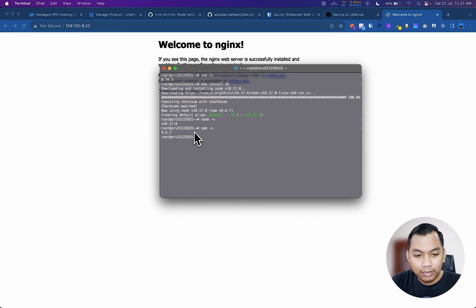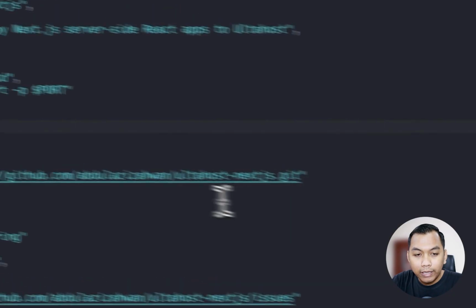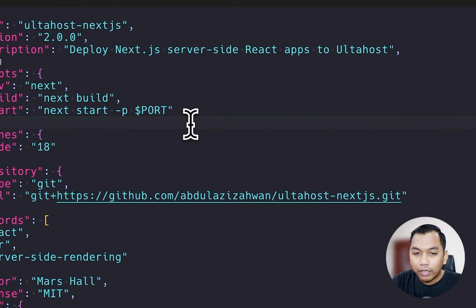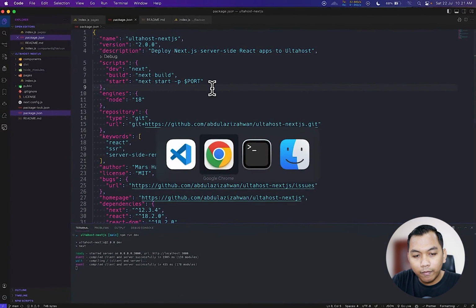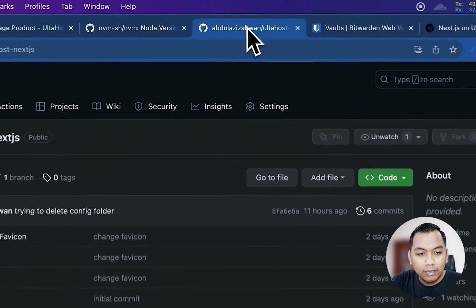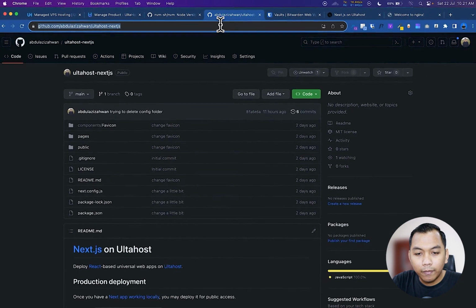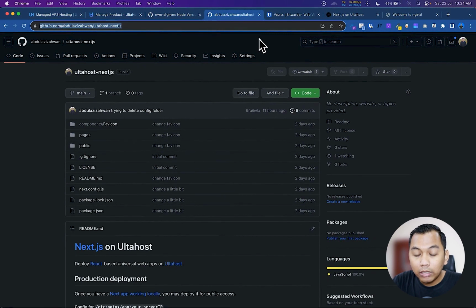So what we do next, the next step, we need to bring this code into our VPS server. How do we do that? So the easiest way, I think, is we can just clone the repository from any repository we want to host.